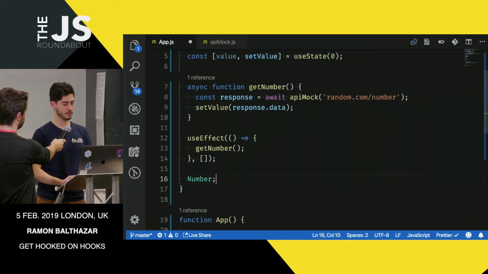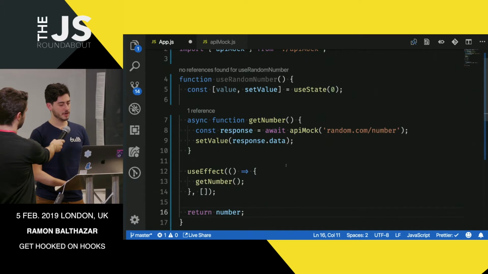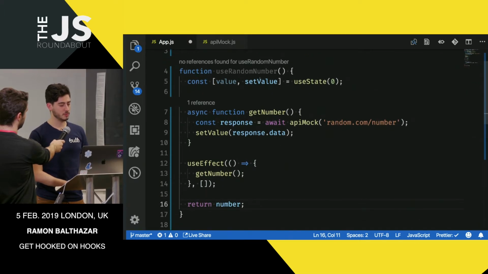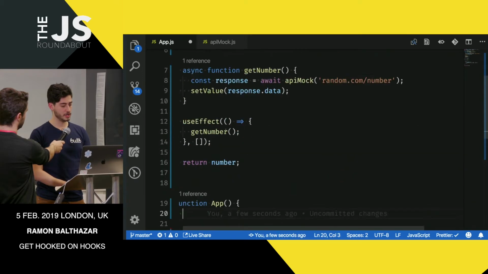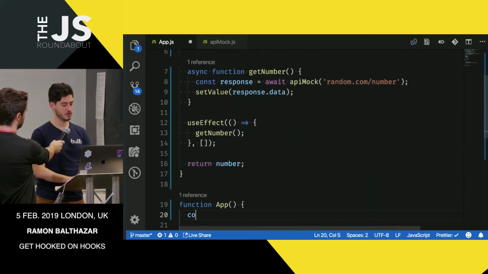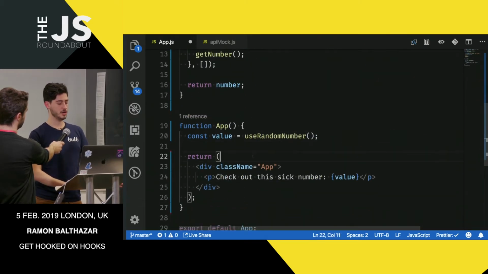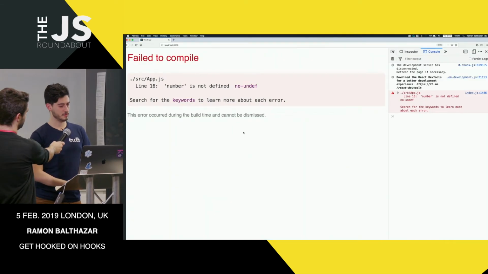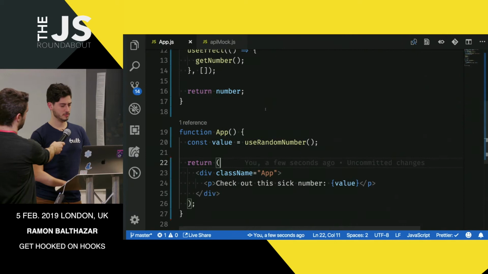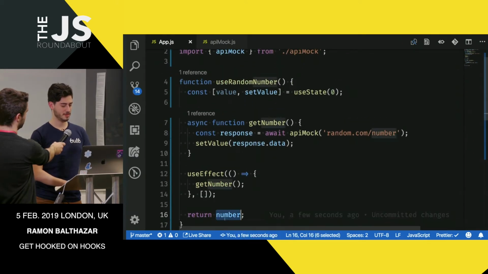It has the same logic, but you're just returning what the component needs. So here we call useRandomNumber: const value = useRandomNumber(), and it should just work. Oh, sorry. Number is not defined. Oh yeah, that's right. Value. Okay.